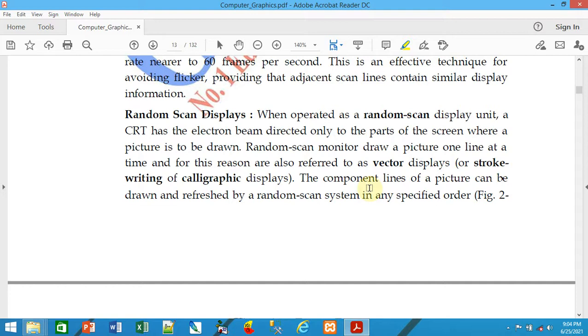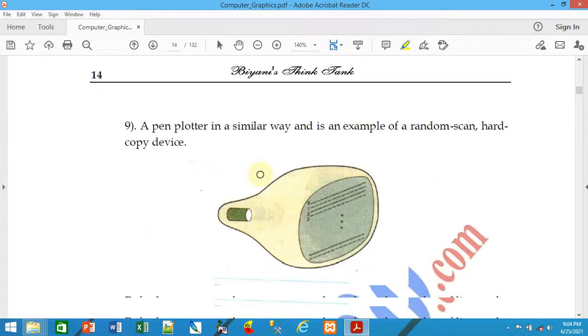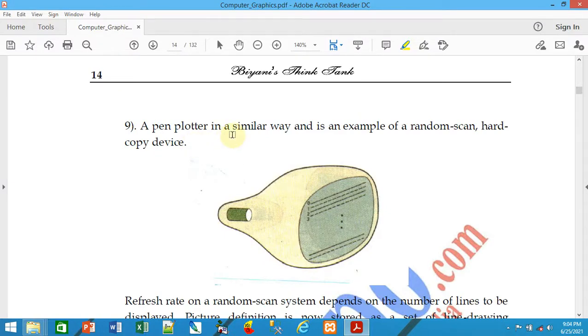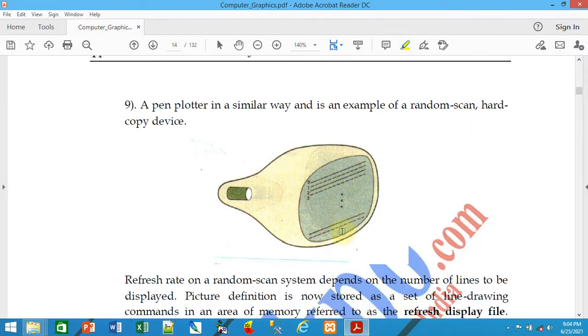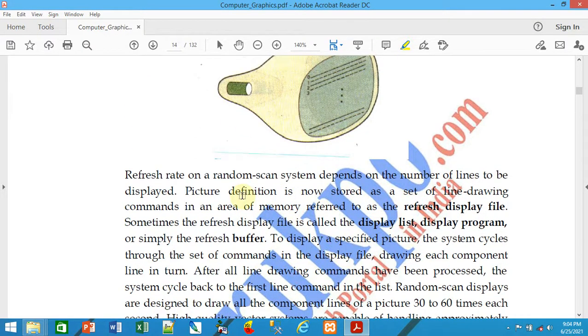The component lines of a picture can be drawn and refreshed by a random scan system. Random scan means you can plot the symbols randomly. A pen plotter works in a similar way and is an example of a random scan hard copy device. The refresh rate on a random scan system depends on the number of lines to be displayed.